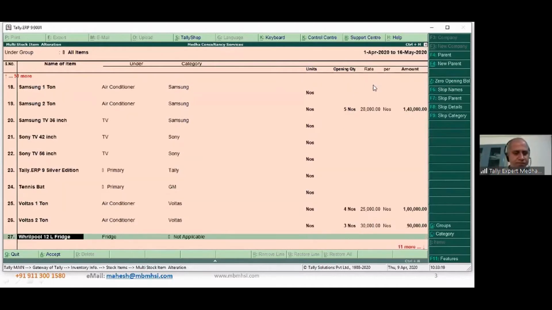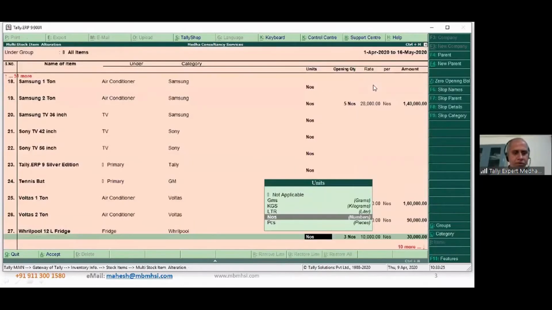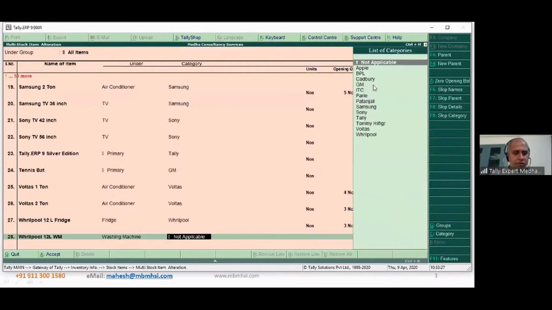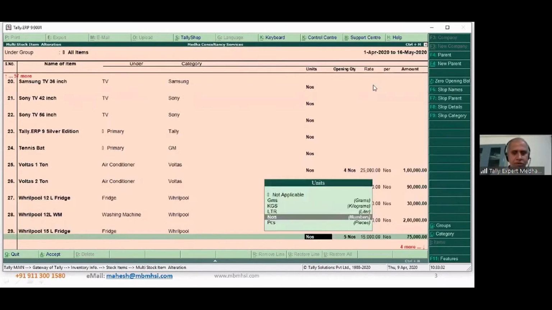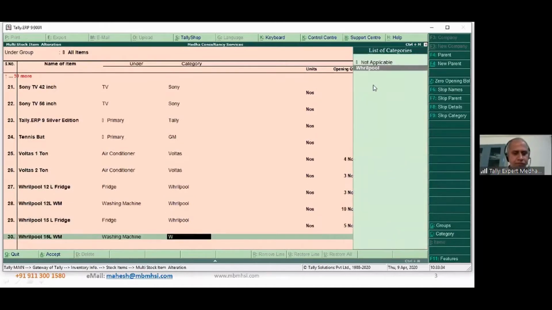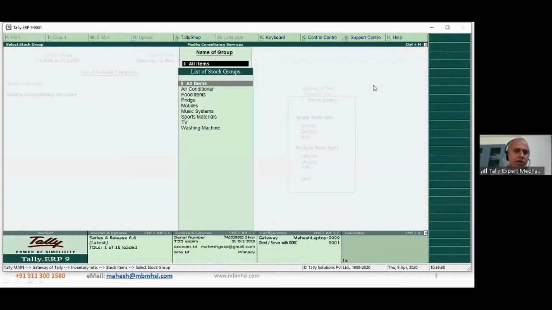Whirlpool. So I've just categorized all the items.